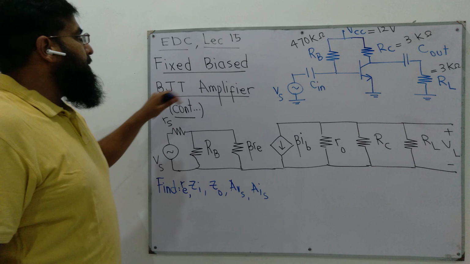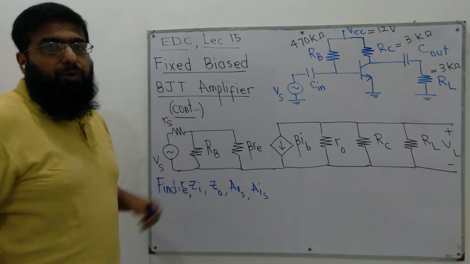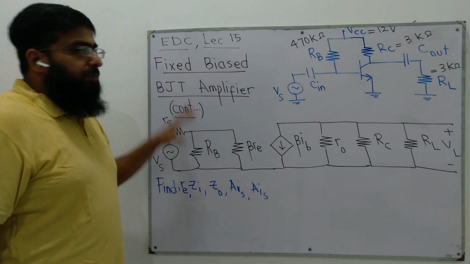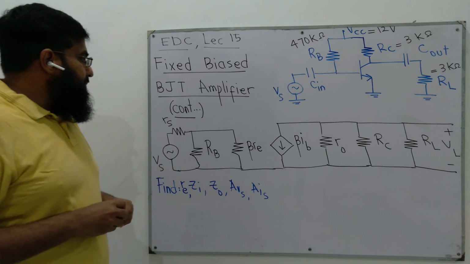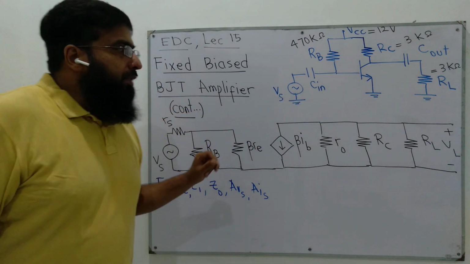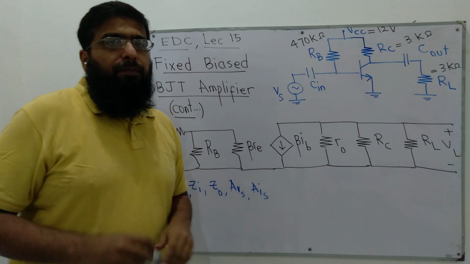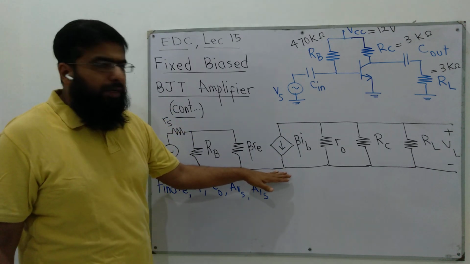Welcome to EDC lecture 15. Today we'll solve a numerical problem related to fixed bias BJT amplifier. In our earlier lectures, we have studied its DC model and its equivalent AC model using basic components, circuit analysis